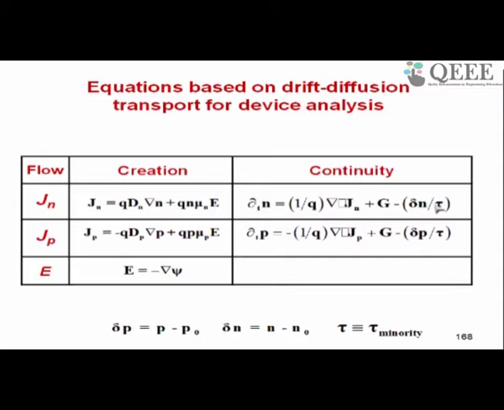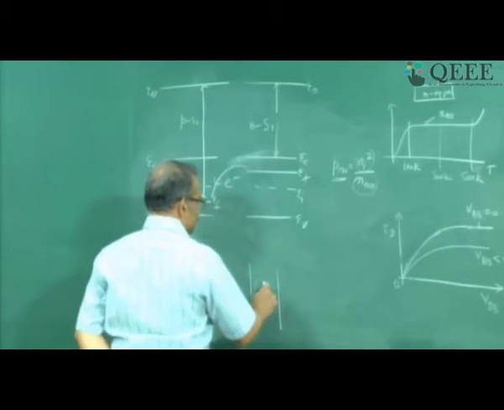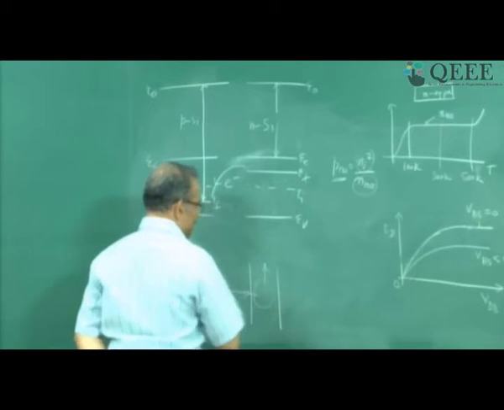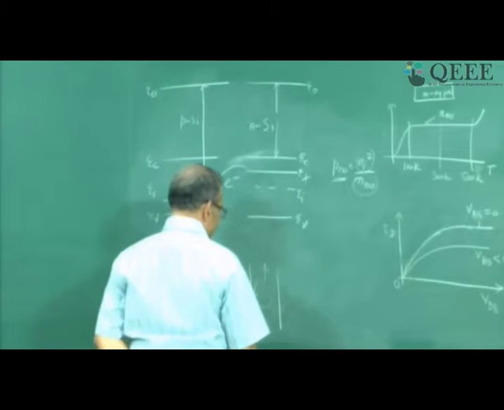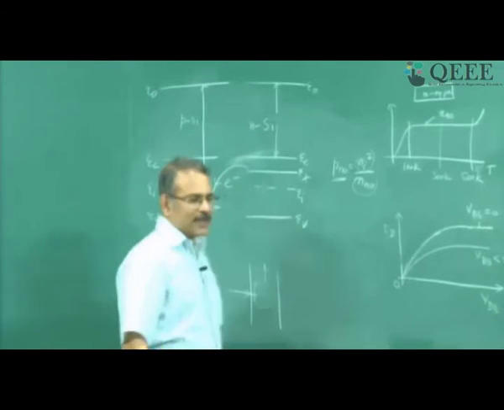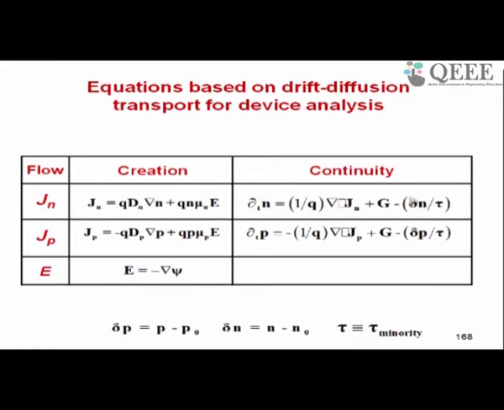So what we are saying here is, if I have any region of semiconductor, in this region the electron concentration can go on increasing if there is input of electrons from outside, or there is generation inside of electron hole pairs, and it will decrease if there is recombination. So these three mechanisms are what are reflected here in the three terms of the right hand side of the equation. Okay. Similarly for holes.